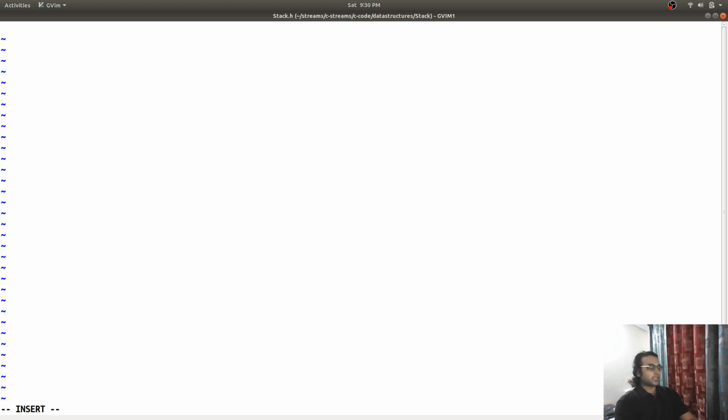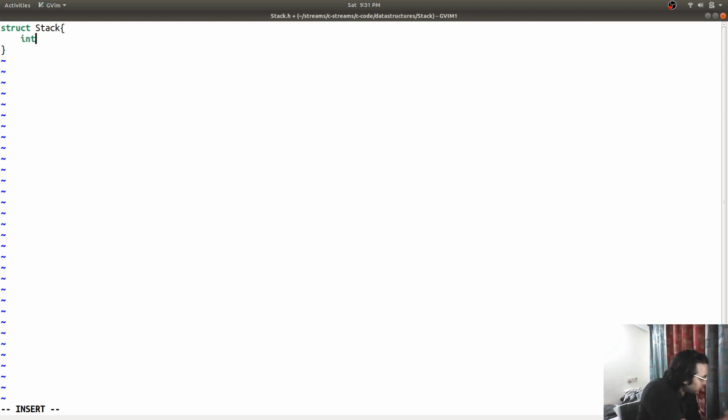So we need a structure called stack. What is a structure? A structure is a collection of memory allocation. It is a definition that says when I create this stack object, you are going to allocate these memories in the random access memory, in RAM.